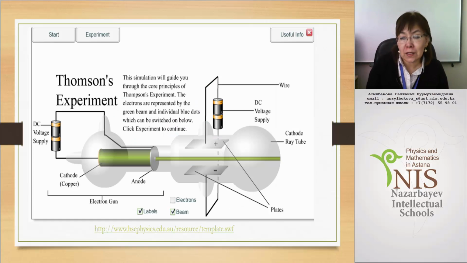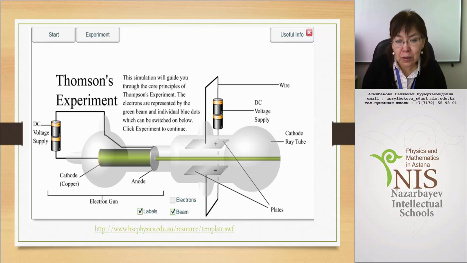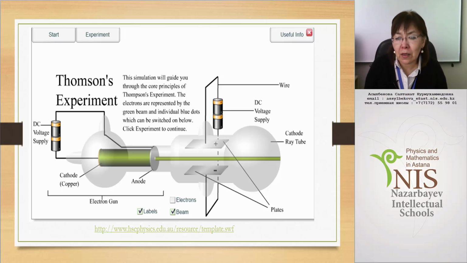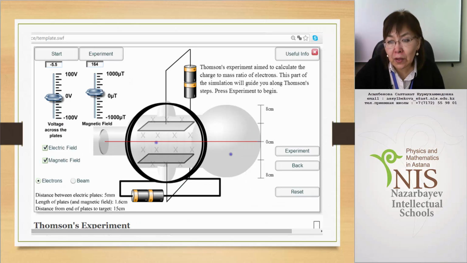For better understanding of this experiment, you may also use a simulation, which is also available on the internet, called the Thomson experiment. You can study the structure of the tube used by Thomson. You can also try to change the voltage, the magnetic field, and the electric field. If you now follow the steps of Thomson and balance the two forces, electric and magnetic, you can find